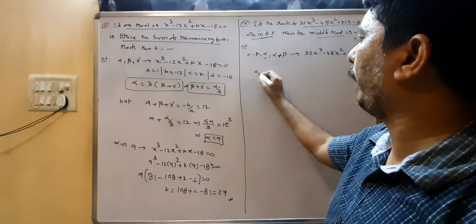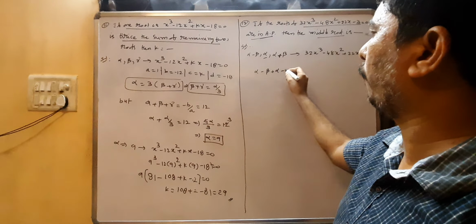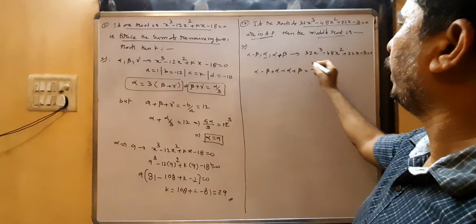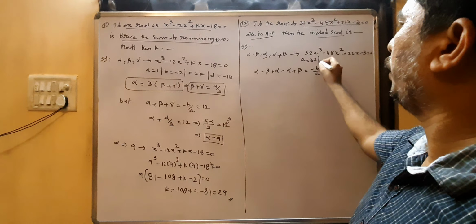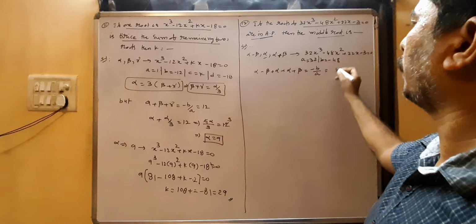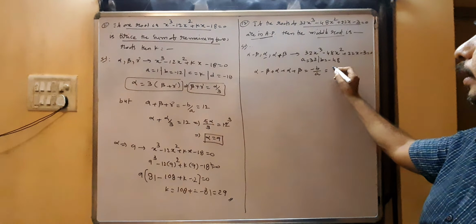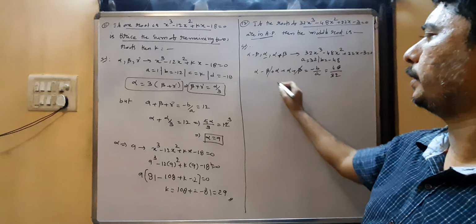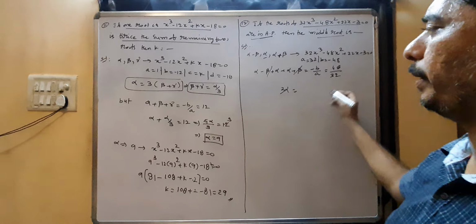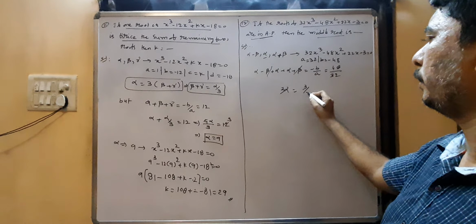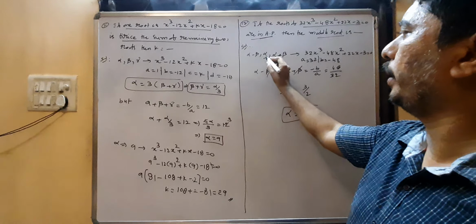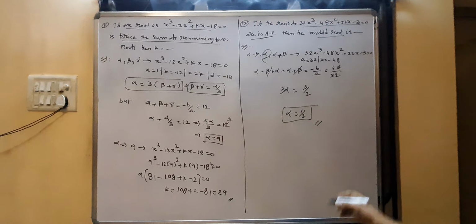Sum of the roots, alpha minus beta plus alpha plus beta, is minus b by a. A value is 32, b value is minus 48. Substituting, minus of minus 48 is plus 48 by 32. Beta cancels. 3 alpha equal to 48 by 32, that is 16 3s are 48, 16 2s are 32, so alpha equal to 1 by 2 is the answer. So the middle root is alpha, and alpha value is 1 by 2. Copy that problem.